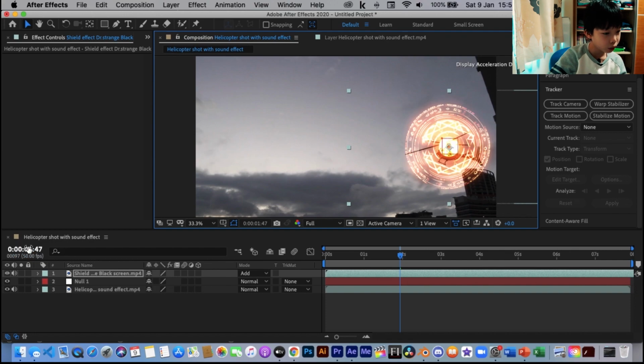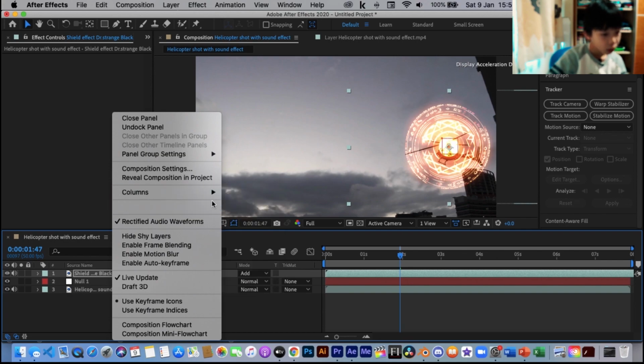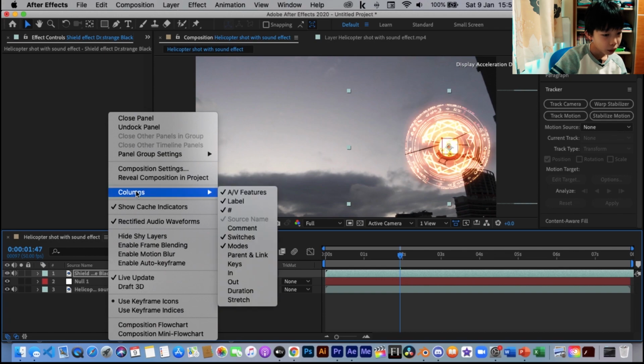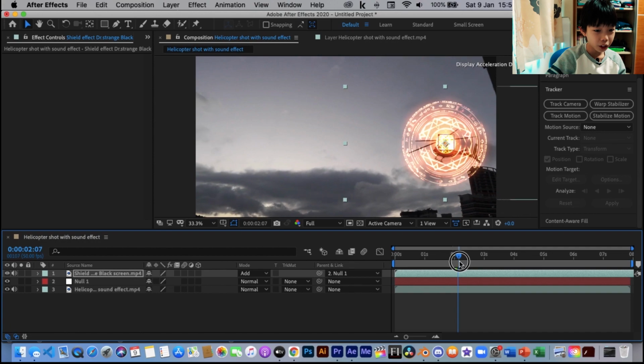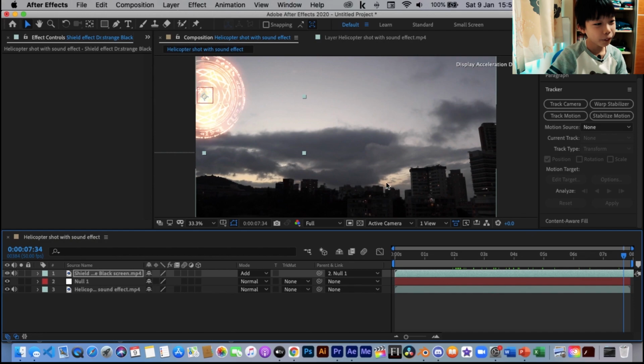Now, if you can't see it, what you can do is, wait a second. Okay, columns, just right click here, columns, and there's a thing called parent and link. Click on it and you'll have a new black panel. Then drag this shield layer to the null and see what happens. It follows the helicopter. Pretty cool effect, yeah? Okay,